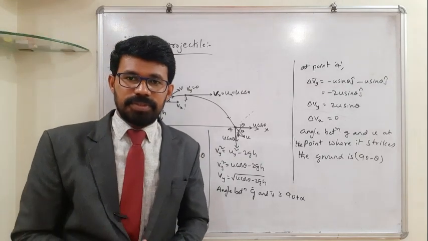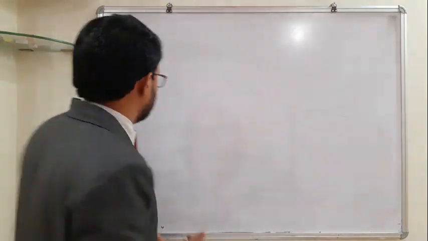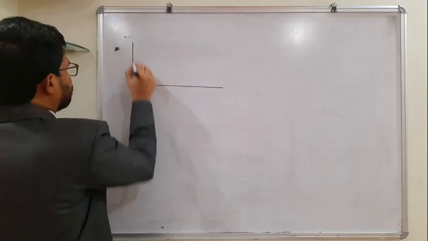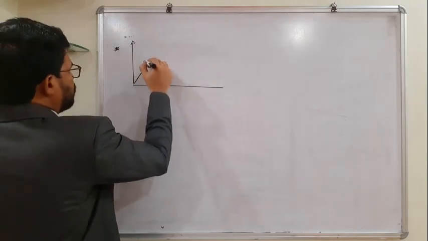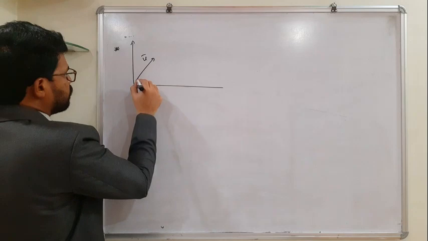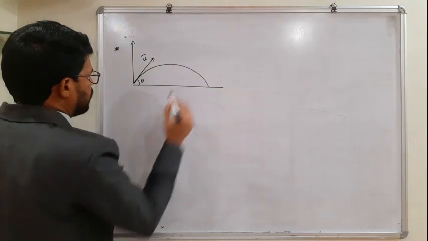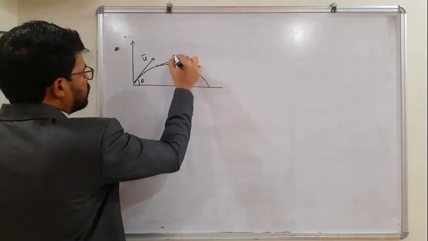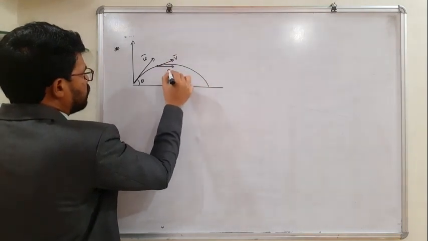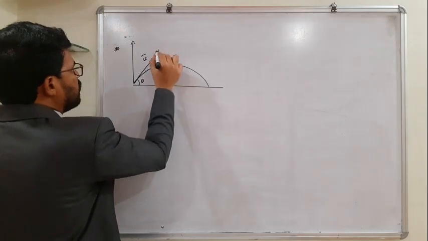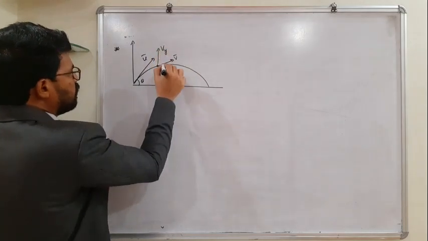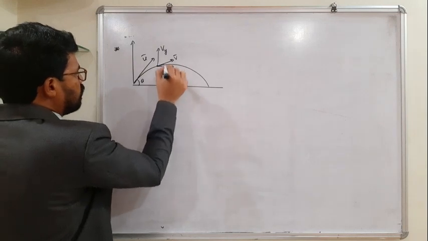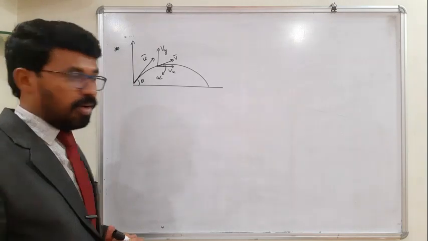Okay, so let us continue ahead with a few other details. Let's discuss a few other details connected with the trajectory only. Let us say the body is projected obliquely with an initial velocity u at an angle theta. So it follows a trajectory something like this. Let us say it has reached up to here. The velocity of the body at this point is v, so horizontal component of velocity Vx, vertical component of velocity Vy. Let this angle be alpha. Angle made by v bar with the horizontal is alpha.